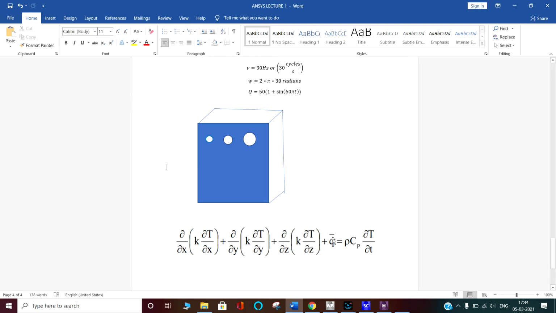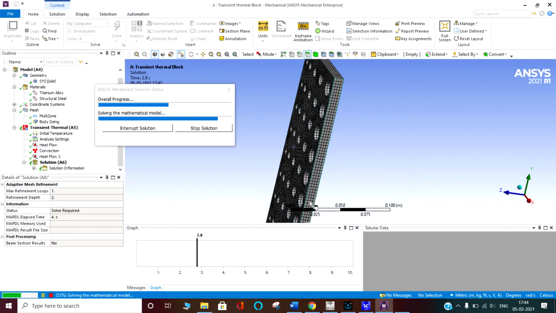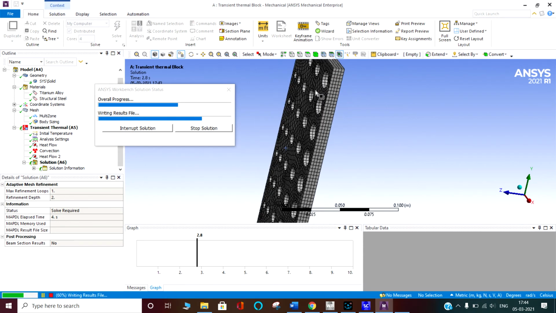Here the Q internal heat generation is 0, but conduction is occurring. This is the conduction part, and this is the transient analysis: how the temperature is changing with time. We can go back here.